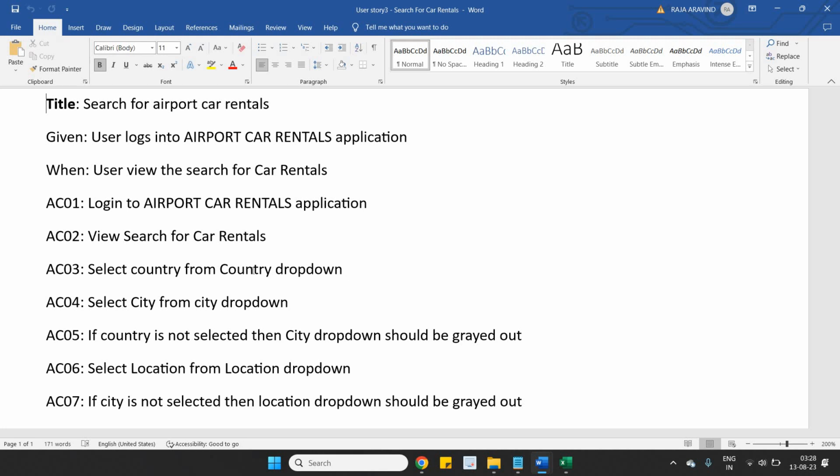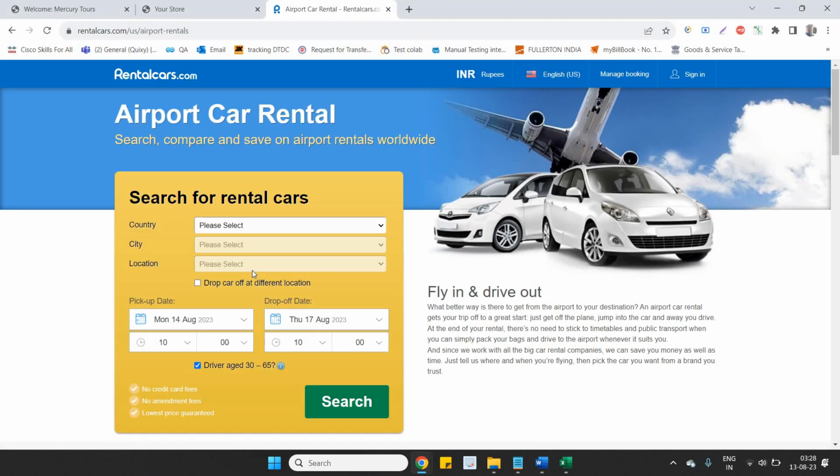view search for car rentals, select the country, select the city, and here it's also mentioned if the country is not selected, city should be grayed out. Select location, if city is not selected, location should be grayed out. Okay guys,